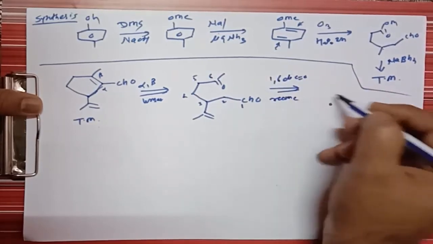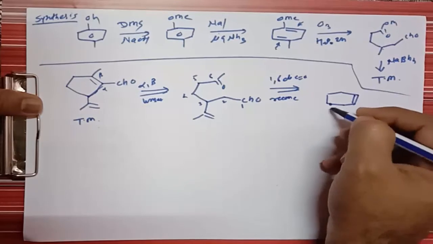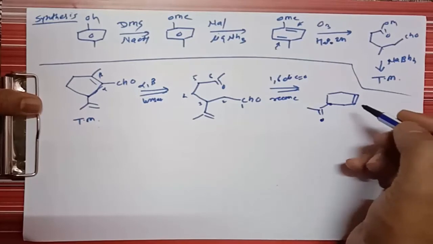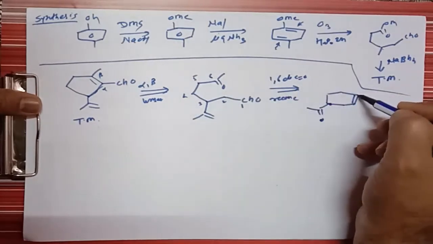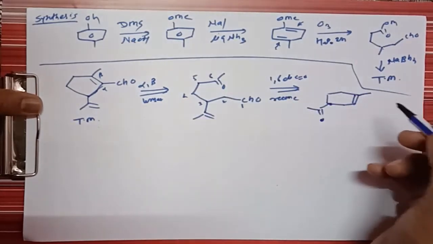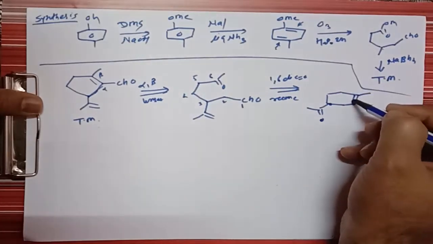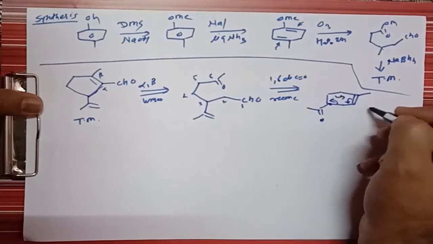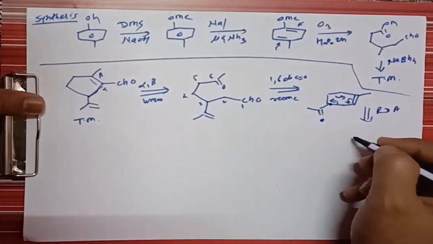Therefore we can reconnect this molecule, and what does it give? It gives formation of such a cyclic system, and here is a double bond and CH3, right. So it gives such a molecule, and here is the CH3 group. So this is the substitution, right. Now it is a cyclic system containing an internal cyclic bond. Therefore we can go for the retrosynthesis. So in the retrosynthesis, that is a retro-Diels-Alder reaction, what does it give? In the retro-Diels-Alder reaction, it gives formation of a molecule like this,